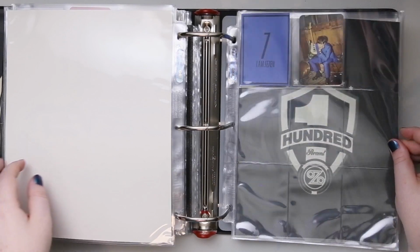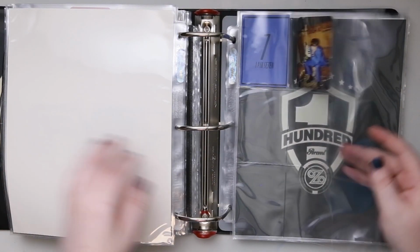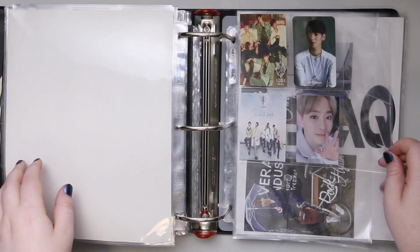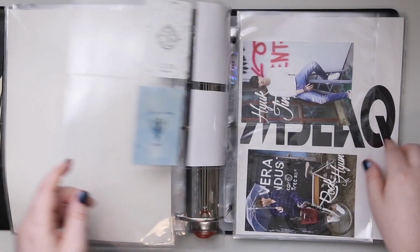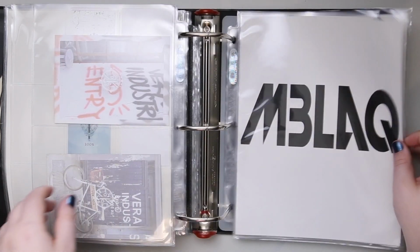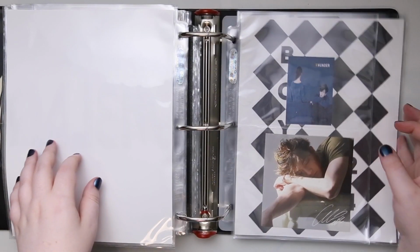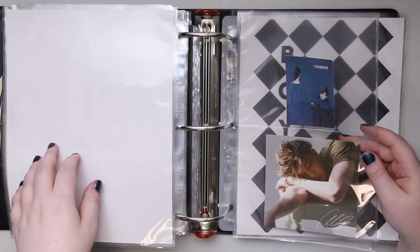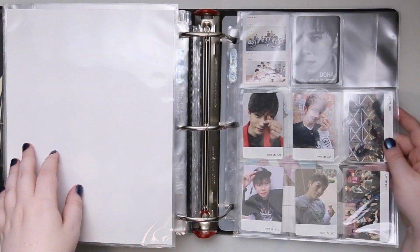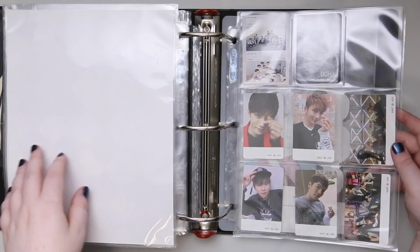Seven, one of the first K-pop groups I've ever seen. There's a song that's like, back on the microphone. I don't even know the name of the song, but that's the only line I remember. And then not really In Black, but Thunder released an album, so I just put it in there